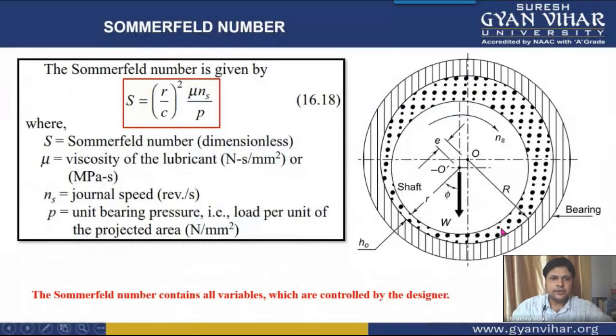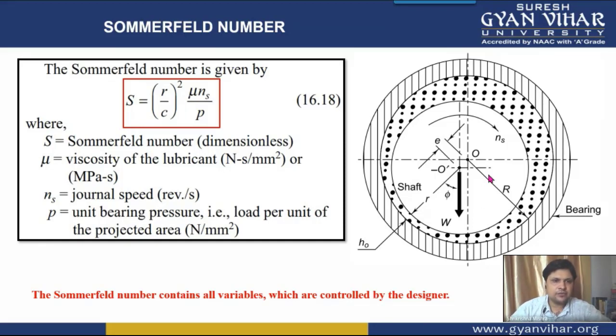So students, in continuation with my previous video lecture in which I told you about the Sommerfeld's number and eccentricity ratio, and we also solved a number of numericals based on the Sommerfeld number and the clearance and eccentricity ratio, now we will move further into this topic and focus on the design parameters. Today our focus will be to discuss the design parameters and do the complete procedure of design of a journal bearing, and how we use the table that is given in the design data book. That we will also see today.